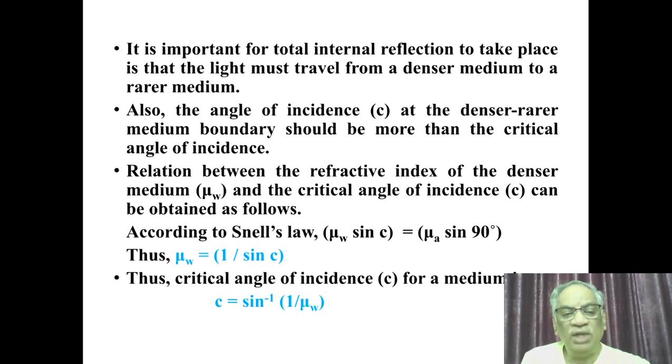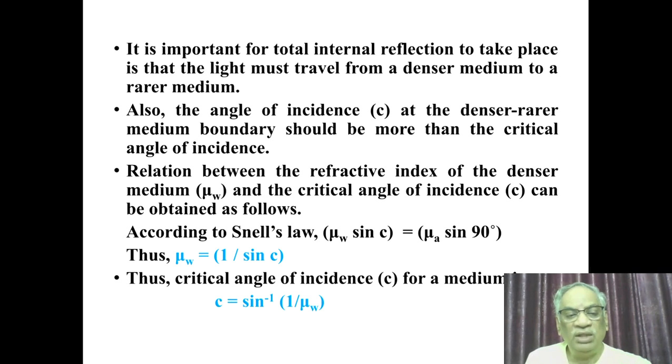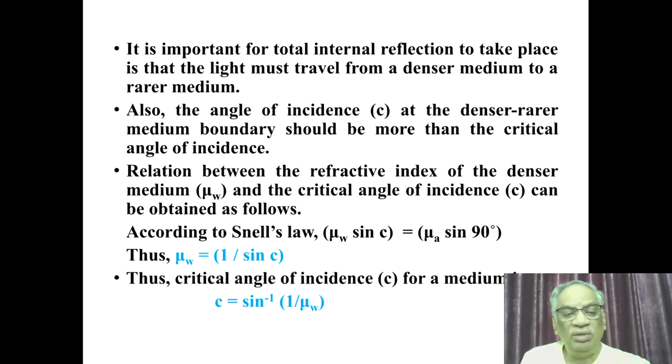Hence mu W sin C is equal to mu A sin 90. Mu for air is 1, and sin 90 is also 1. Hence mu W sin C becomes 1, or mu W is equal to 1 by sin C. So for an unknown medium, its refractive index can be obtained by measuring the critical angle for the denser medium. Or the critical angle C is given by sine inverse of 1 by the refractive index of the denser medium, that